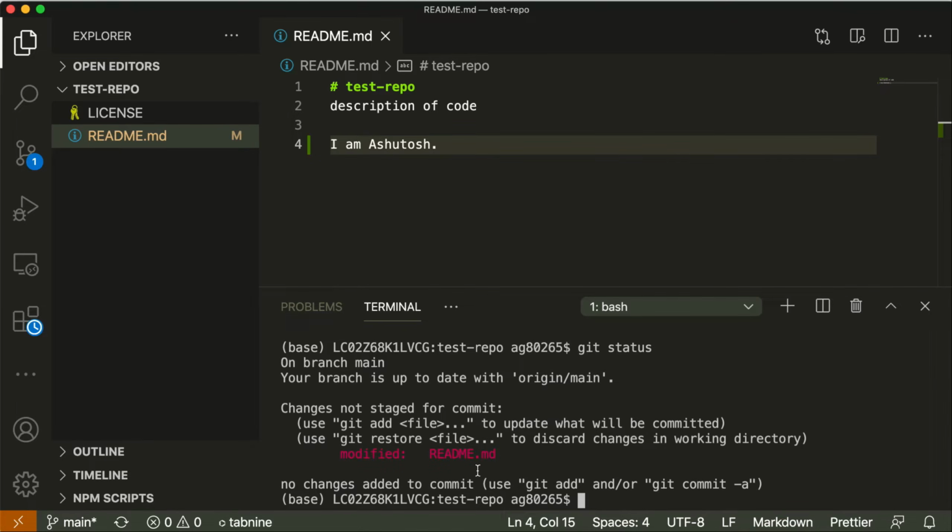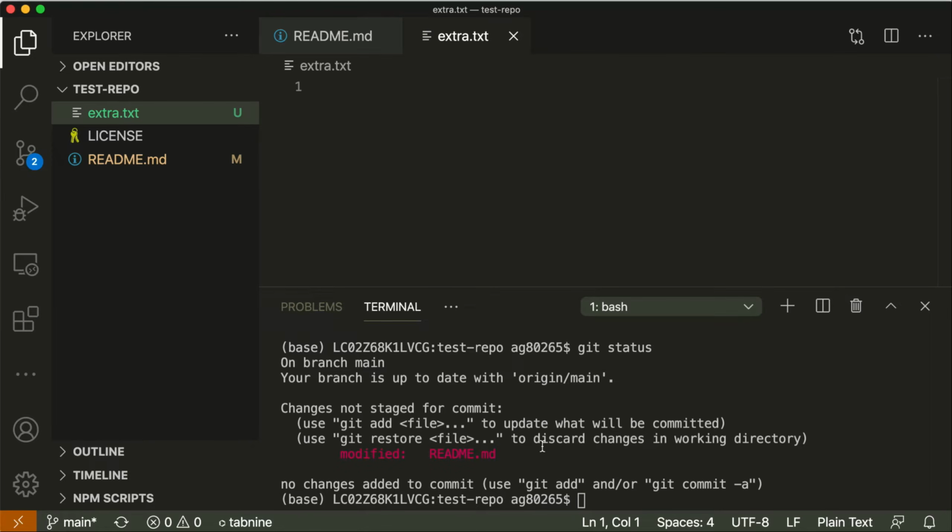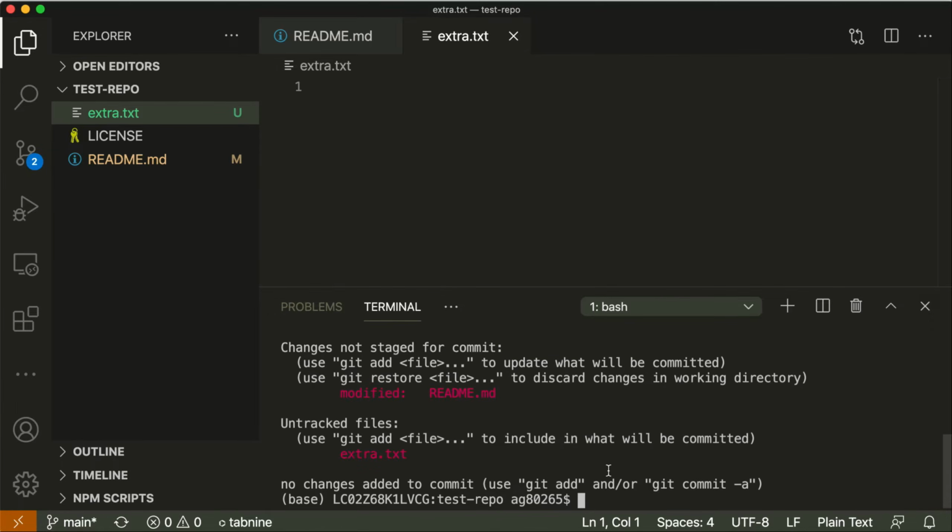Now there is a special file in Git called the gitignore file. This file is used to forcefully avoid tracking of some files in the repository. So let us say we have one file called extra.txt and I want that Git should not track the changes in this file. So right now if you run the command git status, then it will show that you have created a new file extra.txt. It means Git is tracking the changes of this file.